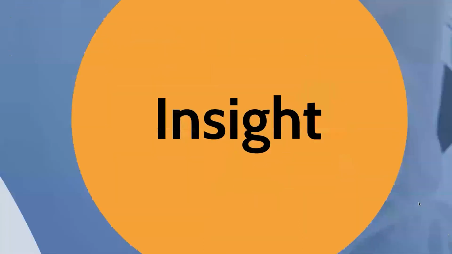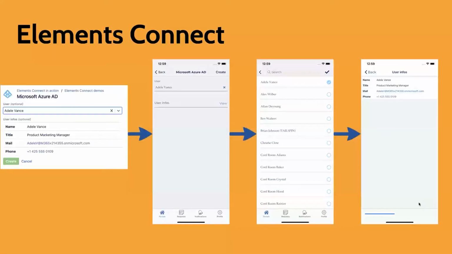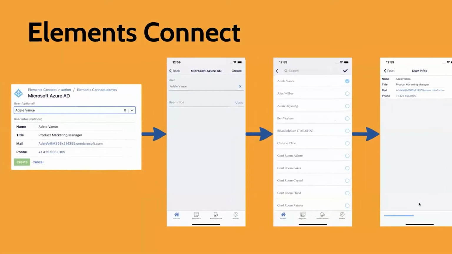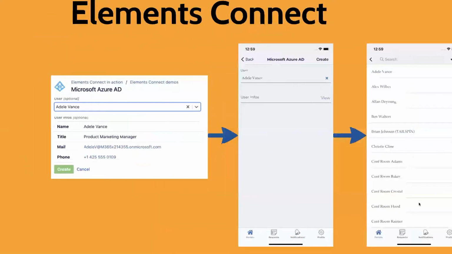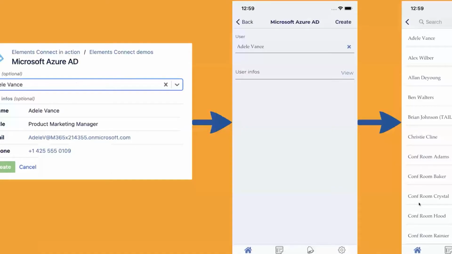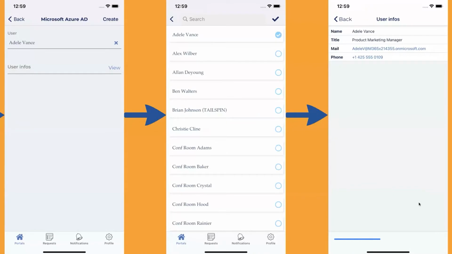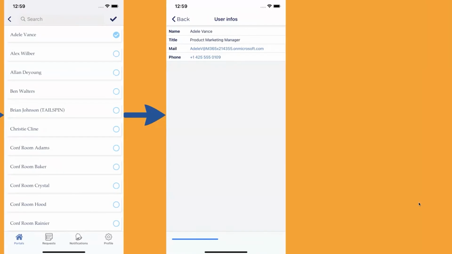Also for Elements Connect, as I mentioned, you can fetch data, for example, from Microsoft Azure Active Directory. So for example, here from the web, you select the user, which is a data fetcher from Microsoft Azure, and once you select, you are able to view more detail about this user in a read-only field, the next field, which is user info. In the mobile application, you'll have the same behavior. You select the user from Active Directory,